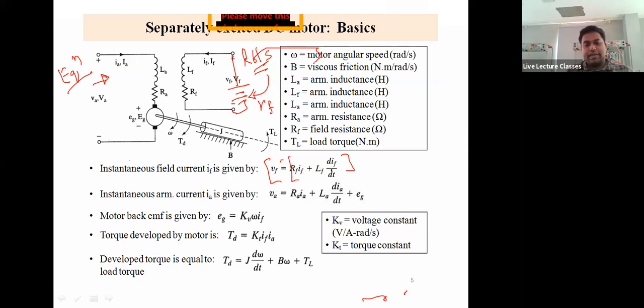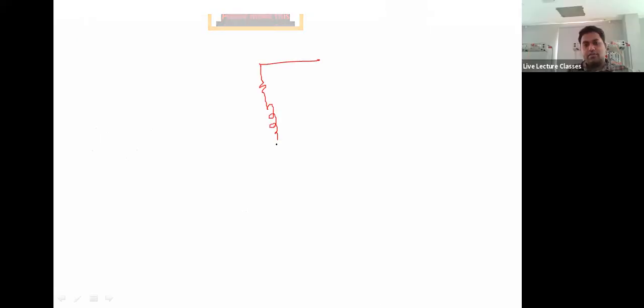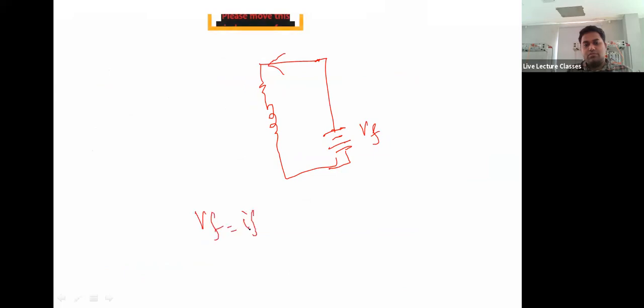Plus LF di/dt. Can you see this picture? So if you have this field coil, and if you attach this VF, then what will happen? What will be the equation? VF is equal to IF RF